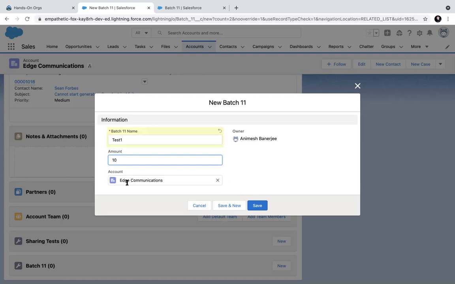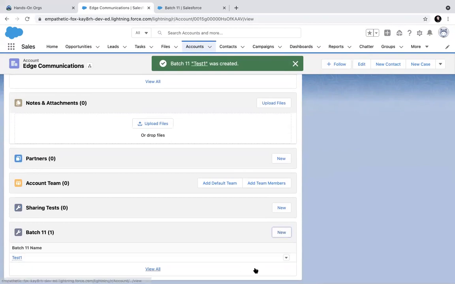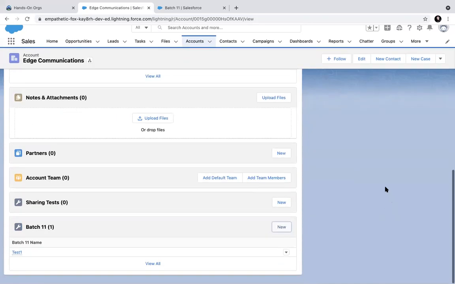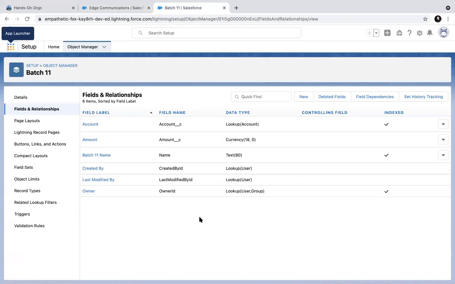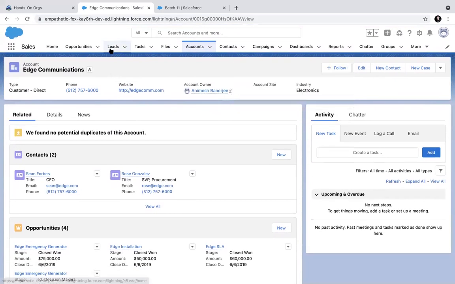Right? Since I am on account, this is already selected. First record got created. Right? But what if I need a tab? I don't have it. No?